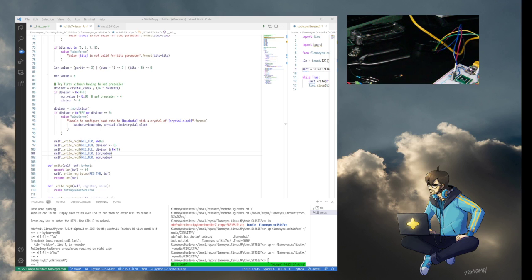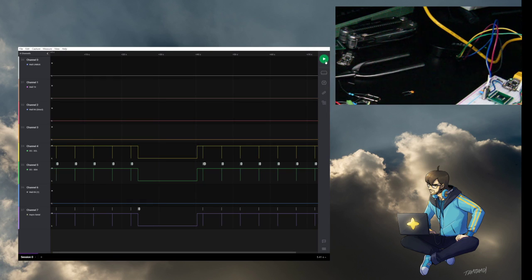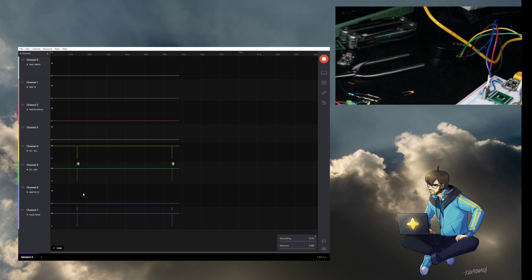And I'm back. Okay, so now I should have the CircuitPython again. I can copy this over. Let me go back to the analyzer and let's see if this still works. Seems so. Okay, the buffer is still sending, everything is fine. Now if I go back to the code,